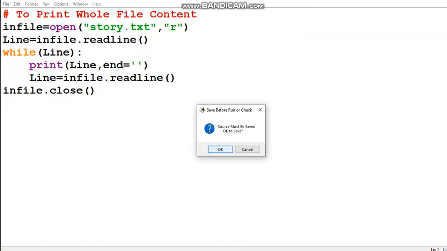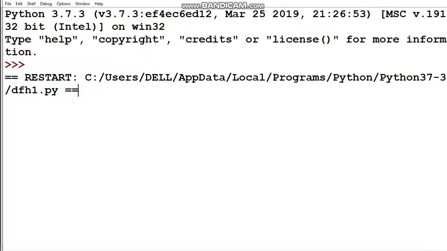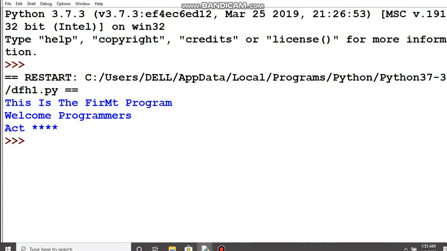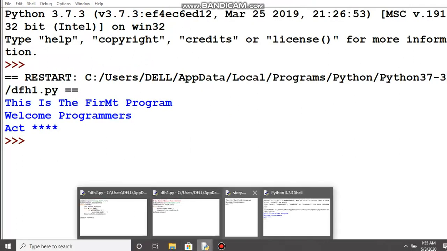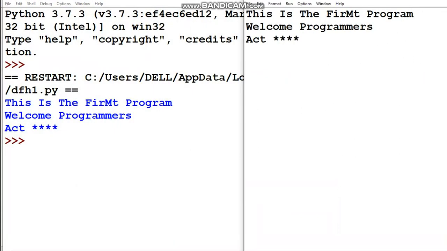We have to save it first. See, this was my file content. If you want to see here, you can compare. This is the content of the original story.txt, and this is the content after running the program, which reads the file content line by line.